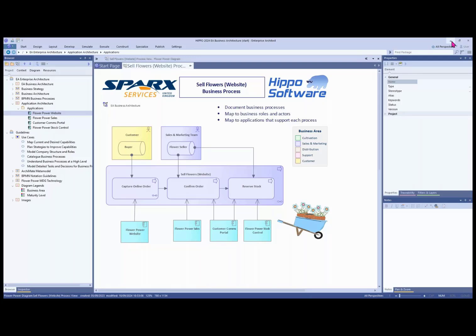showing all of the properties associated with this process. If we provide our stakeholders with permission, they can even edit some of the properties associated with these elements, or we can simply make this a view-only option to see the properties. We can click on the Open button to open up a dedicated